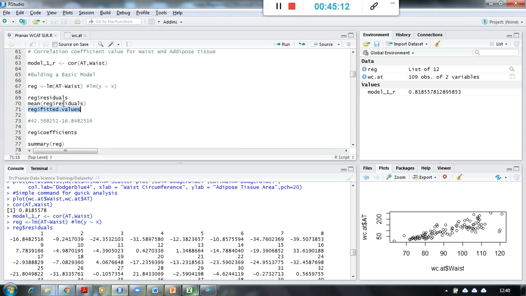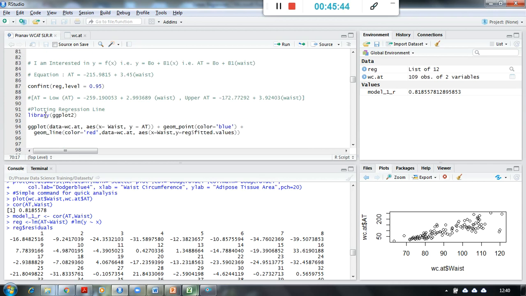Now once I understood the residuals, my objective is that my line should be so linear that my errors, the average of my errors, should always be equal to 0 or close to 0. Close to 0 means approximately 0. So if I check the average of my residuals, why it should be approximately 0, we have explained this while understanding the theory. But then when we plot a regression line for this model, let us first understand the regression line so that I can explain the errors better.